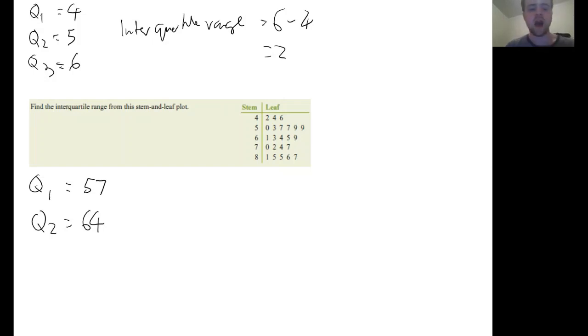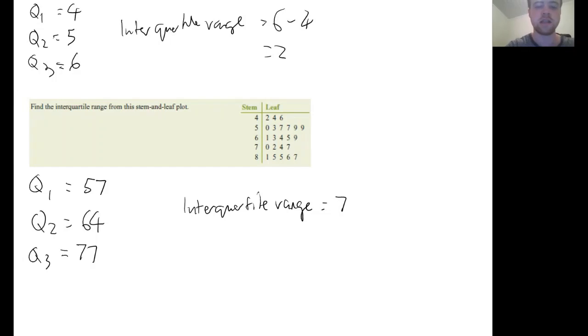Okay, to find the upper quartile, we're going to take the middle one of the 11 scores above the median. So it's going to be the 6th score above the median. So 1, 2, 3, 4, 5, 6. So our upper quartile is going to be 77. To find our interquartile range then, it's going to be 77, our upper quartile, minus our lower quartile, which is 57,